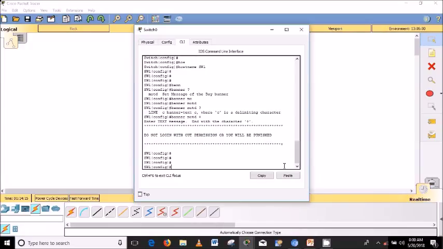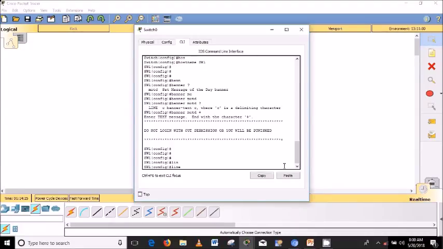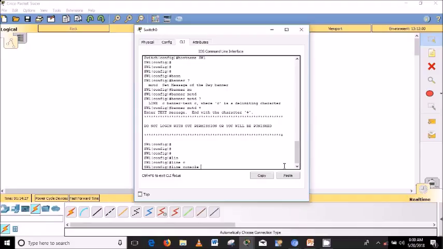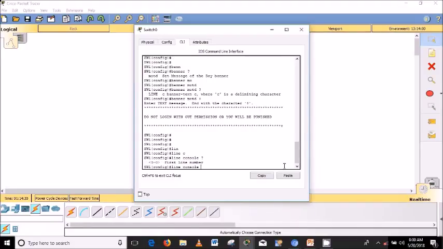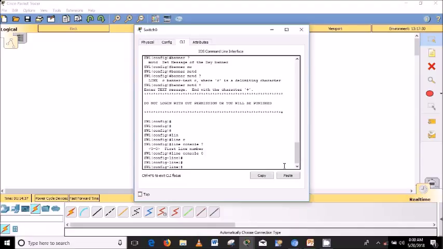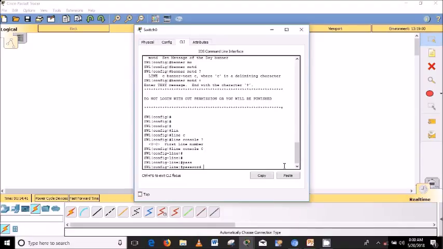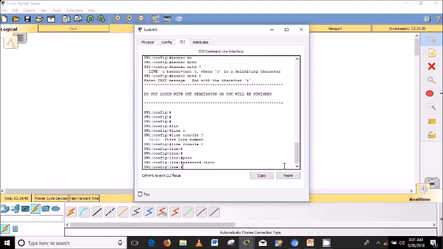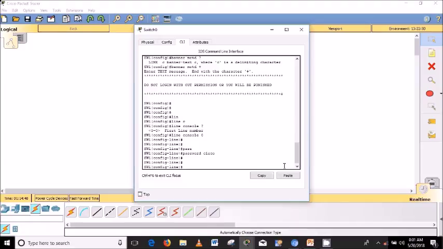Let's try to configure the line console password first before seeing our banner. Say line console 0, that is the command for the console password, and click enter. The next command you need to give is the password. What are we going to use? Let us use Cisco. Enter. And the next command you are going to use is the login command, because